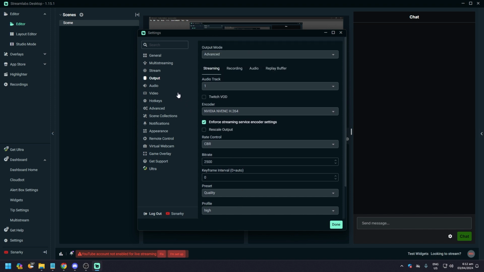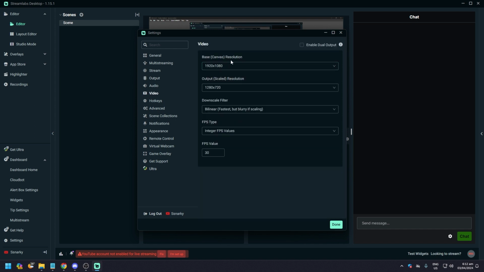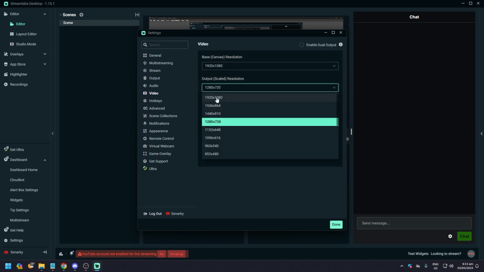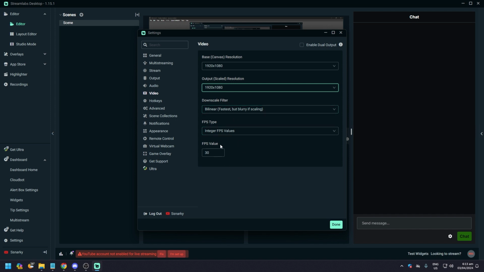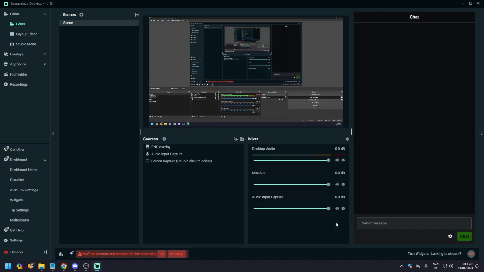But to make sure that you get 1080p, you want to go to video, click on video, and the base canvas resolution should be 1920 by 1080. So to get 1080p, at the same time, your output should mirror that. So if your output is, as you can see, 1280 by 720, you would want to change that to 1920 by 1080. And then after that, you're pretty much set. Click done, and you're good to go. So that's pretty much